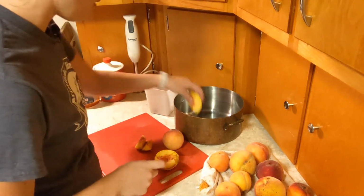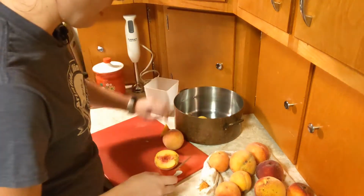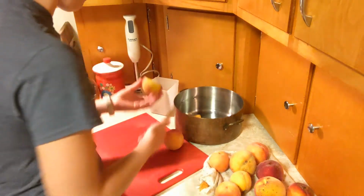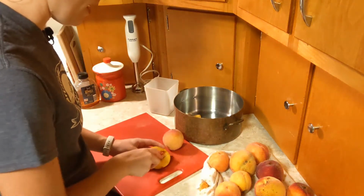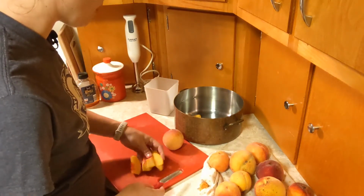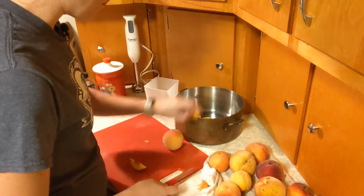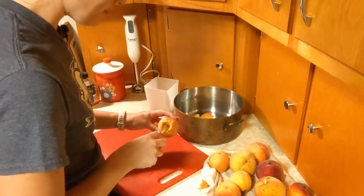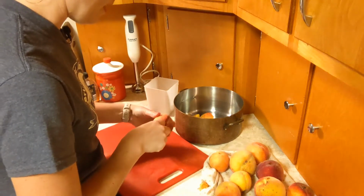I've already washed my hands. I've already washed the peaches, and my countertop is clean. My tools are all clean. That's important when canning, of course. I say it in every video, but I'll repeat it. Make sure you keep your hands clean and your surfaces and tools clean. So since my peaches are clean and I'm going to blend it up, I'm not going to skin them, but